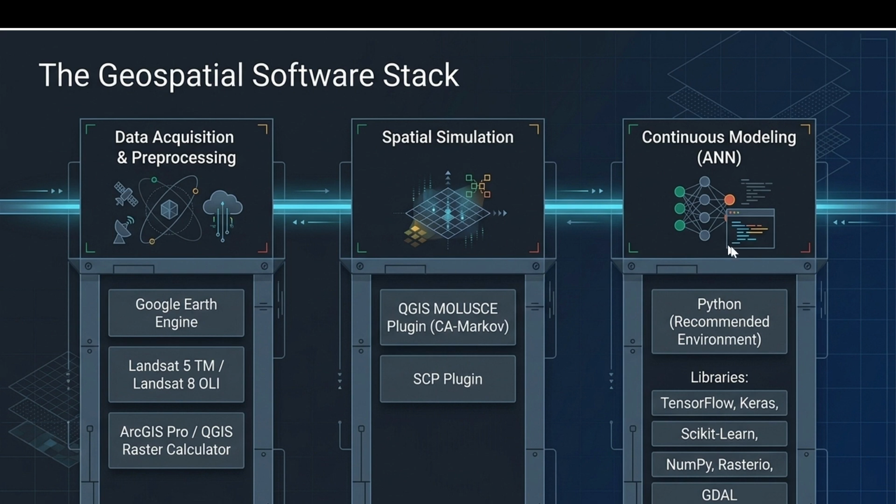But if you want, you can also use Python libraries to apply artificial neural networks. Suppose TensorFlow, Keras, scikit-learn, NumPy, Rasterio, GDAL. This type of library can also be applied, and we simply use code and then predict. But now this is the QGIS MOLUSCE plugin. You don't need to write code. We simply use the plugin and then predict. But it is also possible to use an artificial neural network with Python and predict for the future. So let's